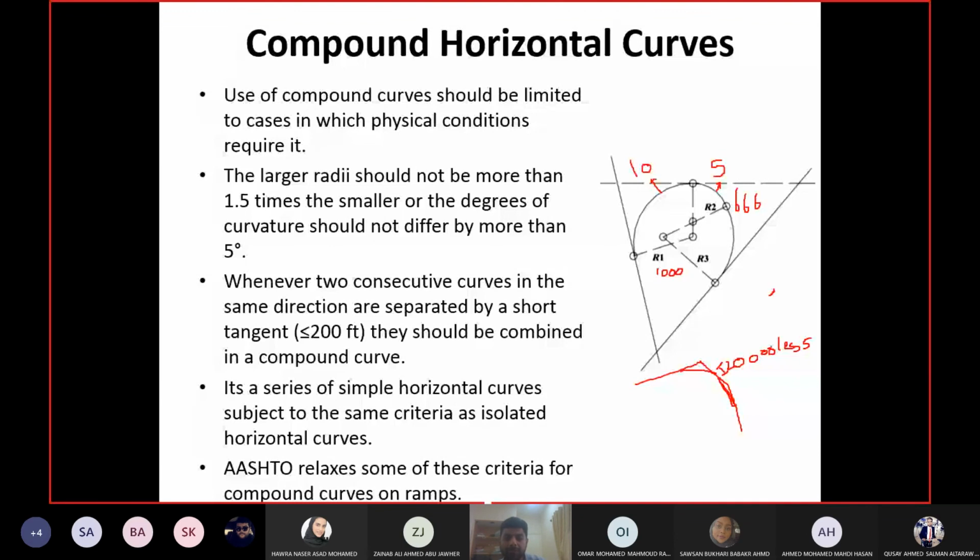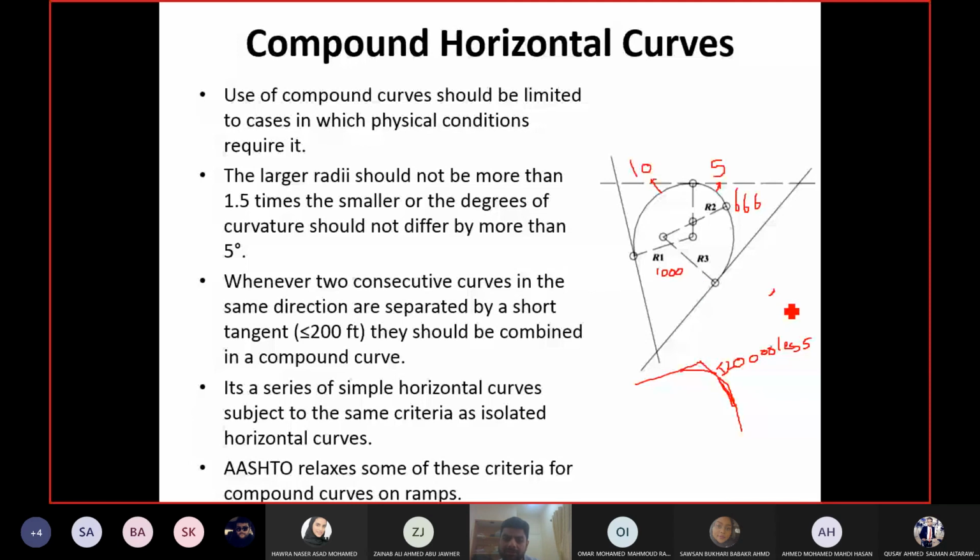Okay. If you are giving a compound curve for a ramp, now you can see, normally if you see a ramp from a plan view, you go to Google and look for any ramp from the bridge to the road, from the bridge to the ground. You will see the ramp is having this sort of a curvature. All the ramps, I think, which are for left turns, or for U-turns, they are in this shape. Okay, you can Google it. Go to Google Map and look for bridges, the points on the bridges where they have ramps. You will see this shape very often, very common.